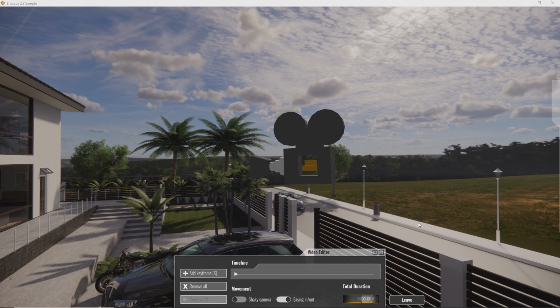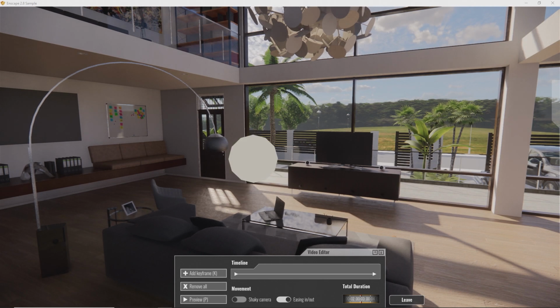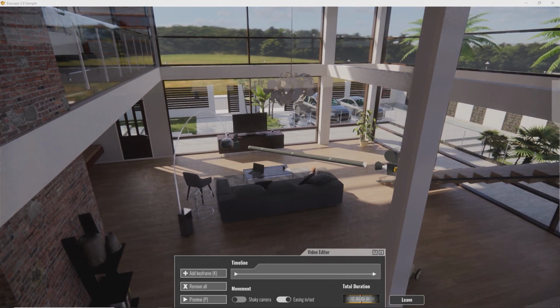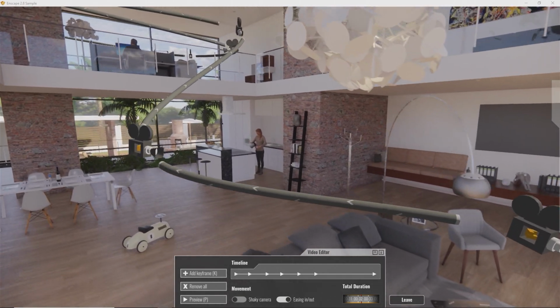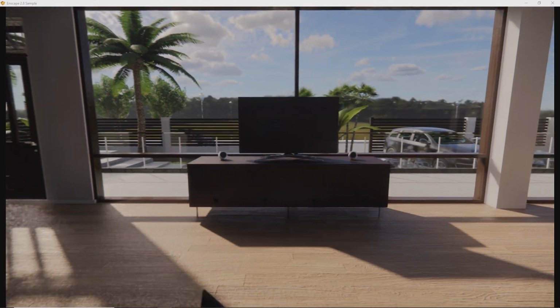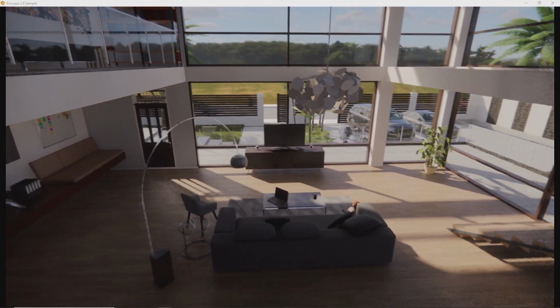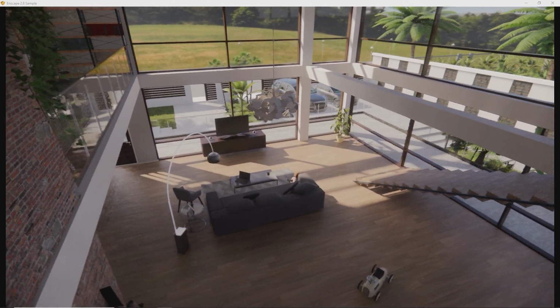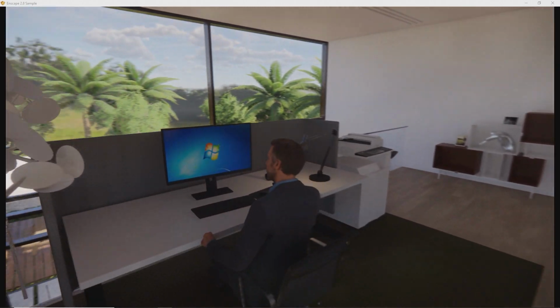We can fly through our scene and gather nice perspectives as waypoints. Just press K whenever you want to capture a perspective in the video. Enscape will create a connected camera path automatically. You can always press the P key to preview your video. To preview starting from a particular keyframe, enter the keyframe by clicking on it in your scene or in your timeline and press P now to start from here.